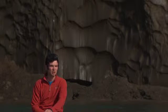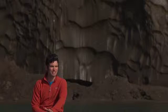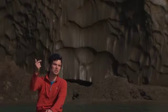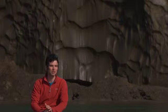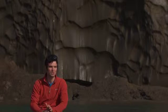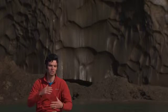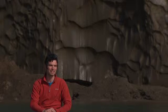Ben, can you tell us when you came here the first time, what was it like? Yeah, so I showed up at this site for the first time in the summer of 2011, in August. And I'd heard a lot about the site, but it's striking. You can see the site a few miles off, so as we approached in the helicopter, it looked like a construction site out in the middle of the tundra, miles away from any road or human settlement. And just hearing the churning of the soil and seeing this strange exposed ice face, it was like a landscape